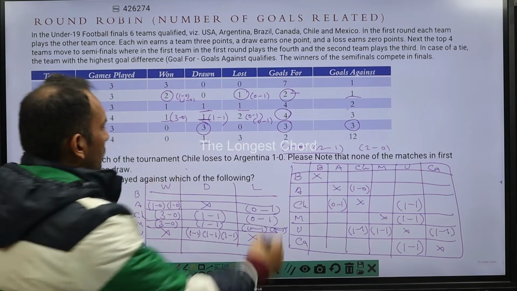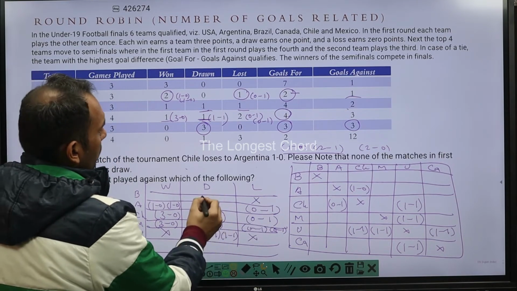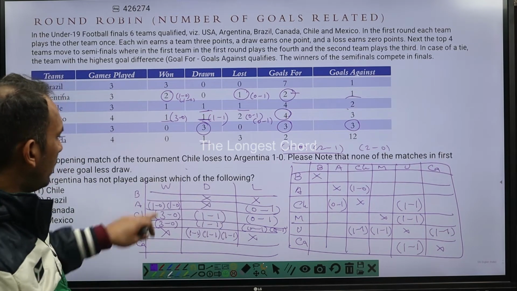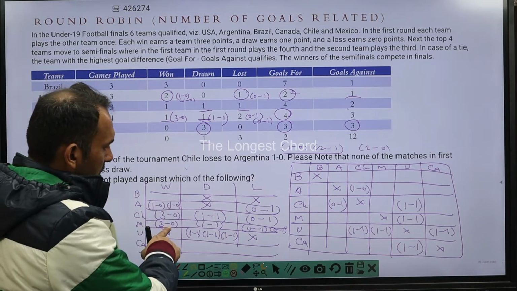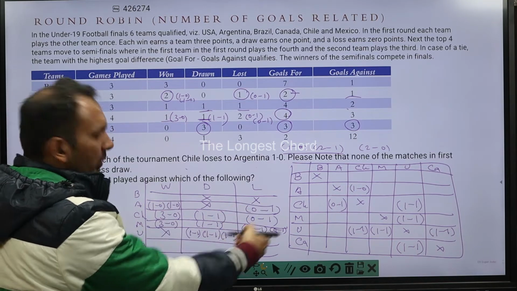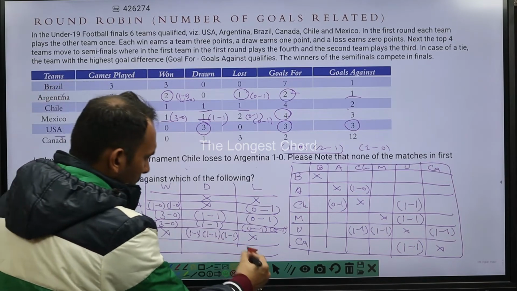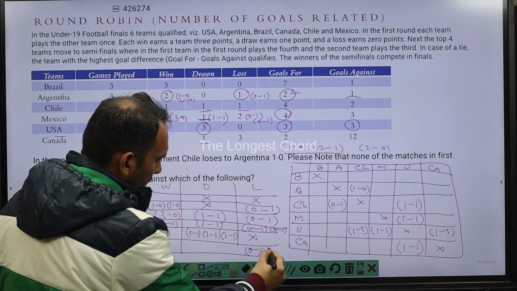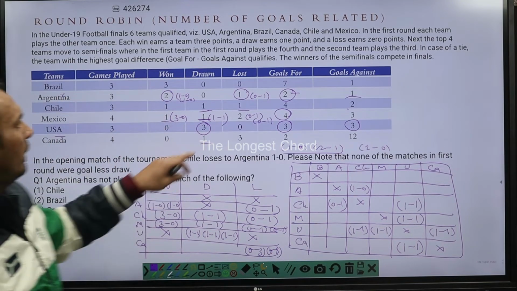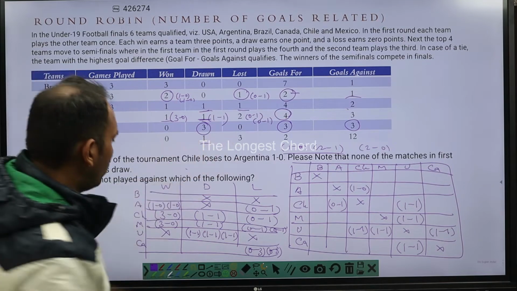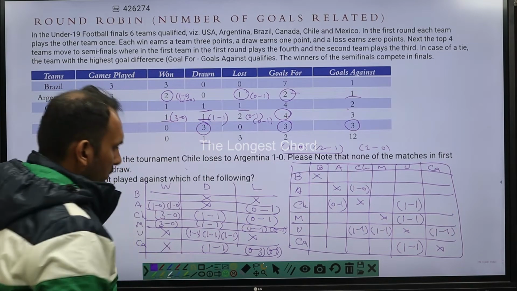Now there are no matches lost by Brazil. There are no draws here. So can we say that these wins, this 3-0, 3-0, this 1-0, 1-0, might be managed with some others, but this 3-0, 3-0 has to come here only. So can we say this 0-3 and 0-3 has to come here only. And there are 3 losses. There is 1 draw, so we can say 1-1 here, and there are no wins here.